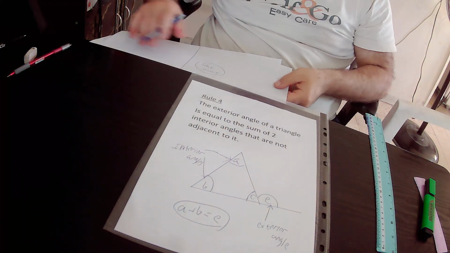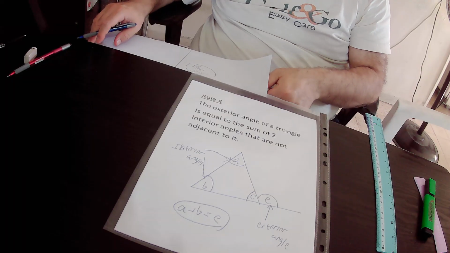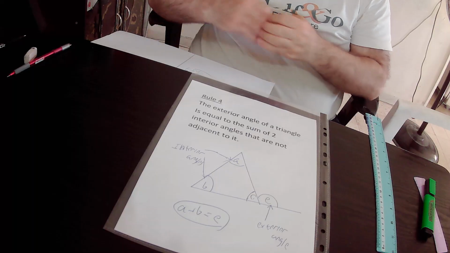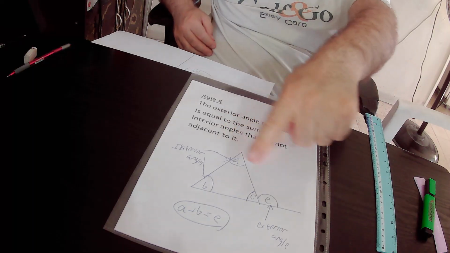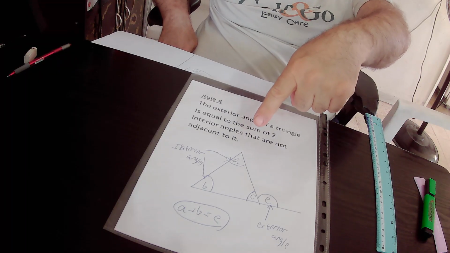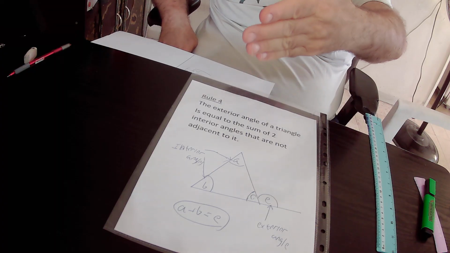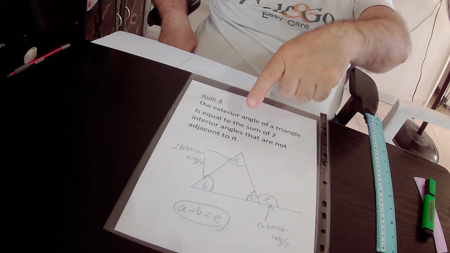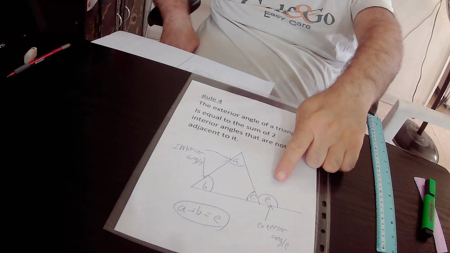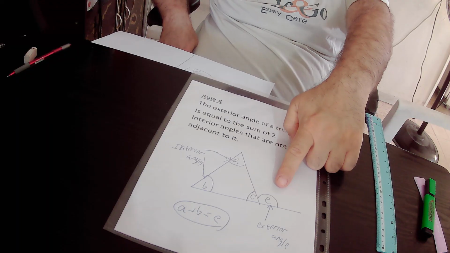According to rule 4, the exterior angle of a triangle is equal to the sum of the two interior angles that are not adjacent to it. So in the drawing we have a triangle. Inside this triangle we have three angles, A, B and C. All those three angles are defined as the interior angles of this triangle, because they are located inside the triangle, while this is angle E, which is located outside the triangle, and therefore it is defined as the exterior